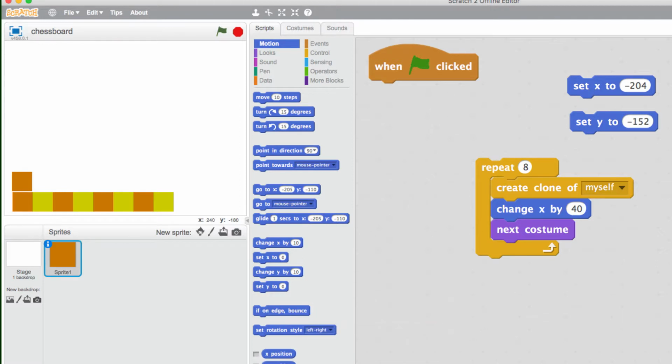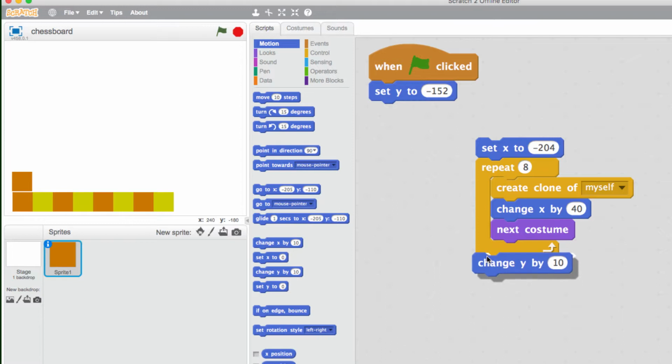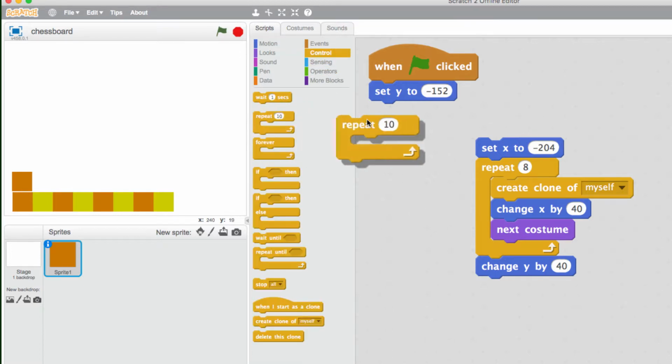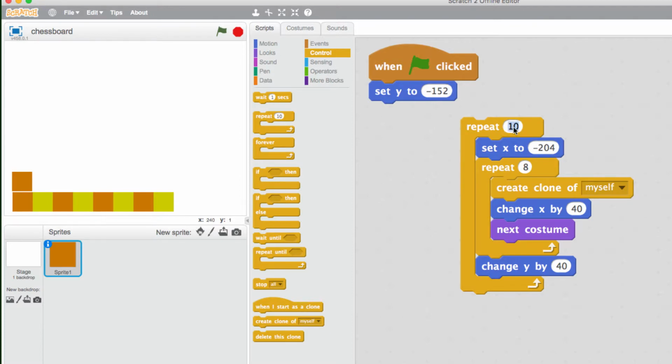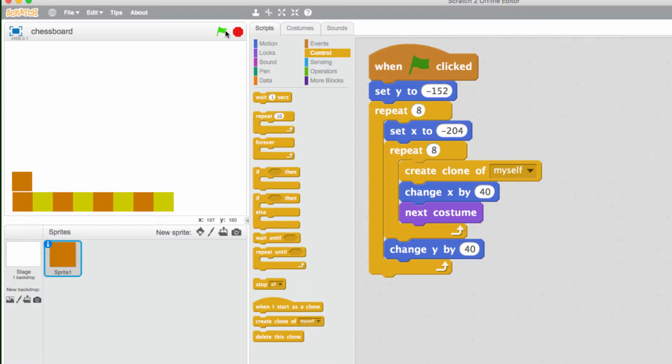We don't need that anymore. So before we make each row, we have to put X back to the start. Before we start the whole thing, we need to set Y to that value. And after we make a row, we will need to change Y by 40 to move up to the next row. So if we put that in a loop of 8 and try it,